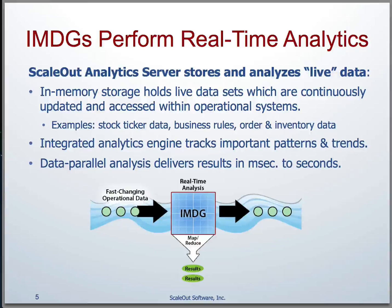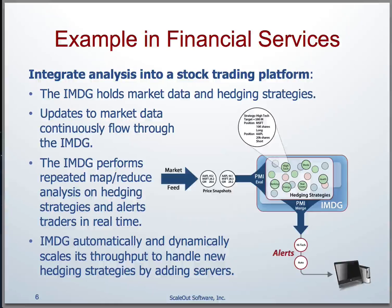So going to slide 6, we'll just drill down on one quick example of how one can use real-time analytics in a live system. In the in-memory data grid, we're storing what are called hedging strategies for a hedge fund. This is a real example. We're working with hedge funds in New York, and this is an example from one fund. It's holding the strategies in different market sectors, for example, high-tech, automotive, real estate. And so as the market feed flows in and updates the positions held by each strategy, we can analyze each strategy's business rules to see whether or not the strategy's position should be adjusted to maintain the correct hedging position